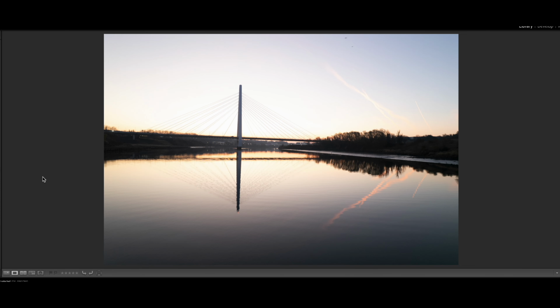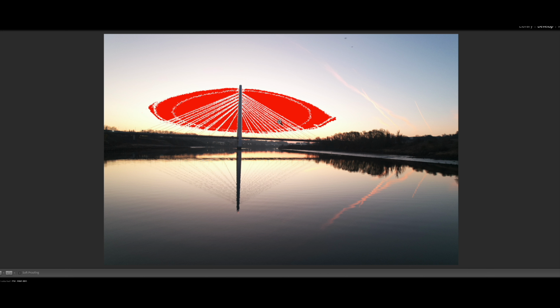Now, if I pull this one up and bring it into the develop module, you can see that I've got some clipping in this. This is the RAW file. If I hover my mouse over the highlight indicator here, you can see that there are some highlights that have clipped out. Now, if I come to the JPEG version, that area of highlights that have blown is much greater for the same exposure. So what we're going to do is go back to the RAW and